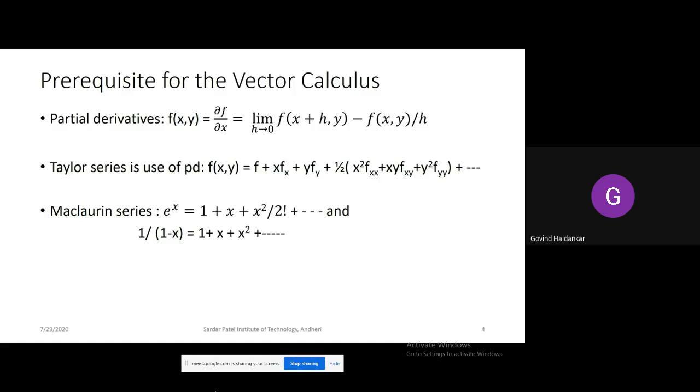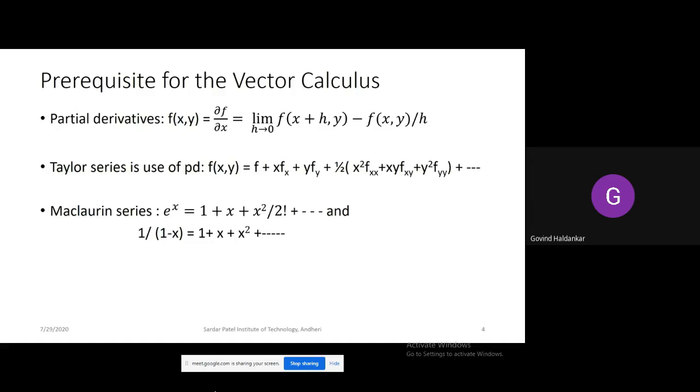Third is the Maclaurin series. So in the Maclaurin series, at least try to remember these two equations, or number of equations, that are there using Maclaurin series. We'll not go into the detailed mathematics of the Maclaurin series. Sometimes such types of equations will come, so repetitive terms are there. You have to remember that it is a Maclaurin series.